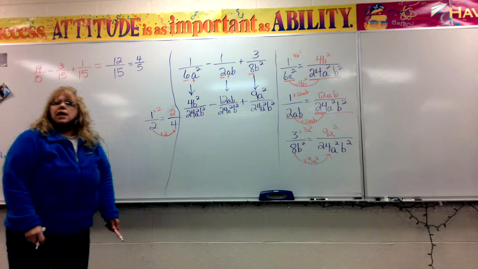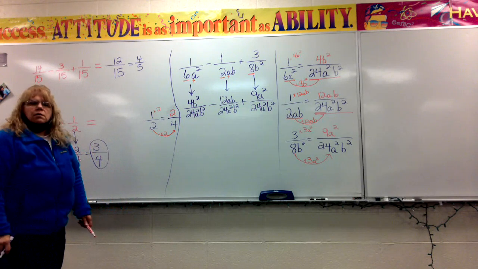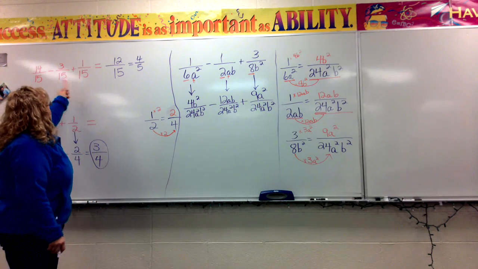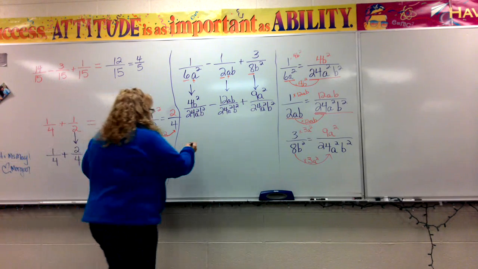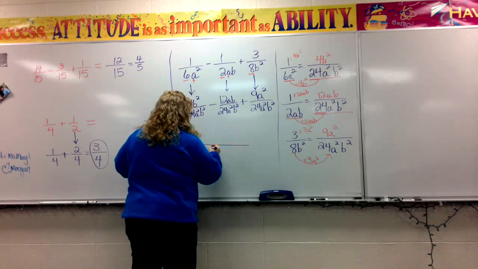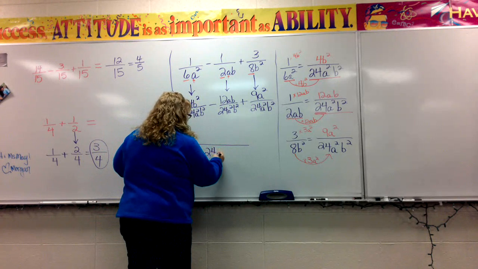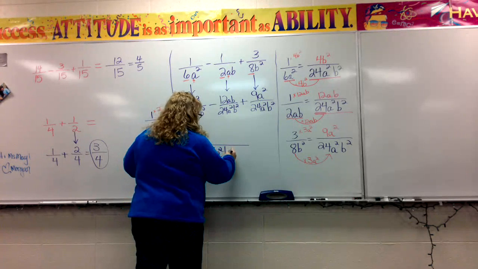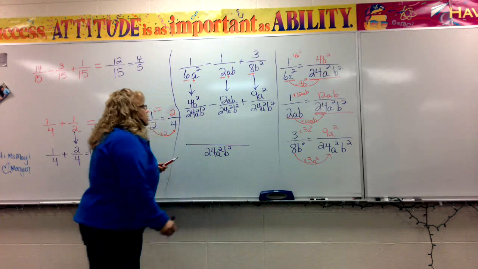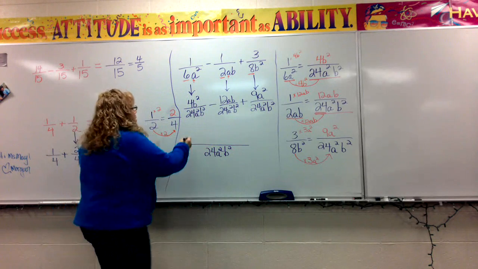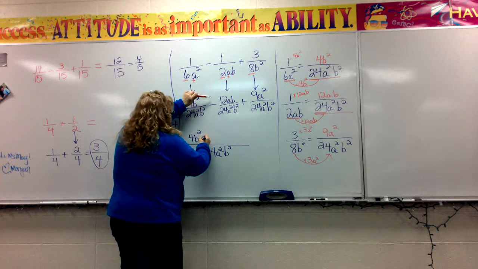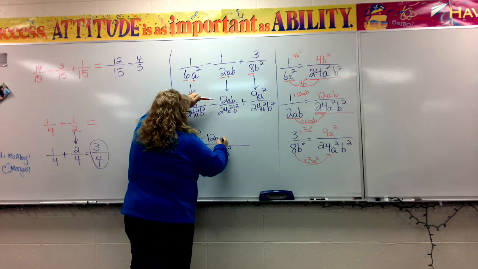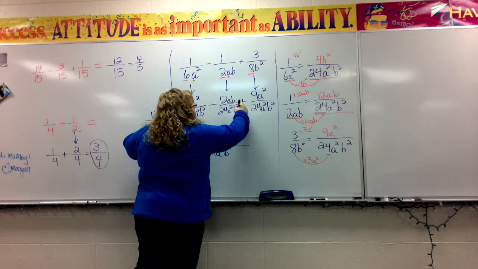What do you do to the denominator? Yeah, you leave it alone, right? 15, 15, 15, my denominator's a 15. So I don't have to do anything to the denominator. It's going to be 24A squared B squared. What about the numerator? Well, I've got 4B squared minus 12AB plus